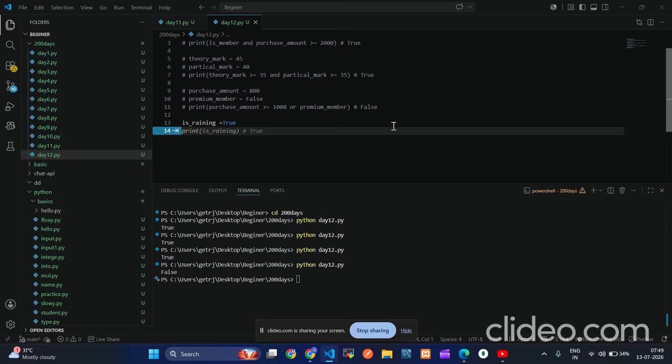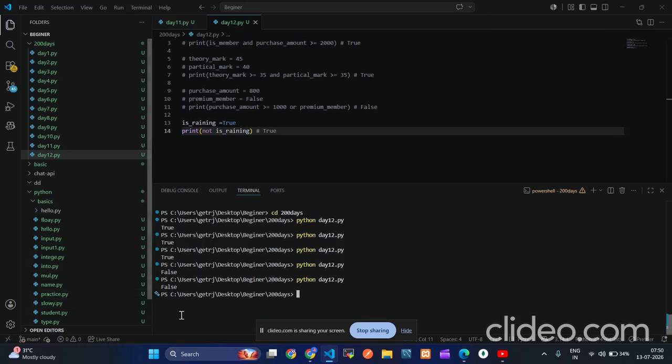So the not operator is commonly used whenever we need the opposite result.